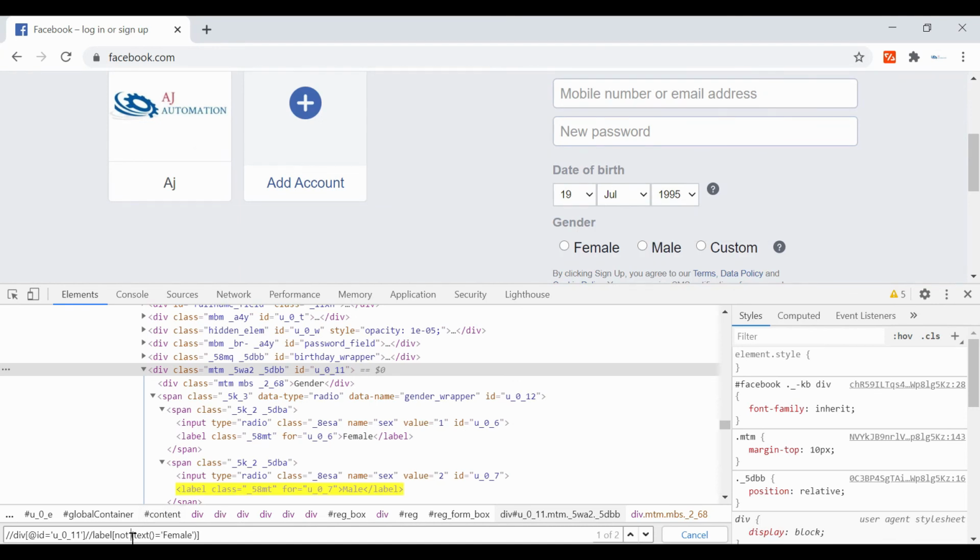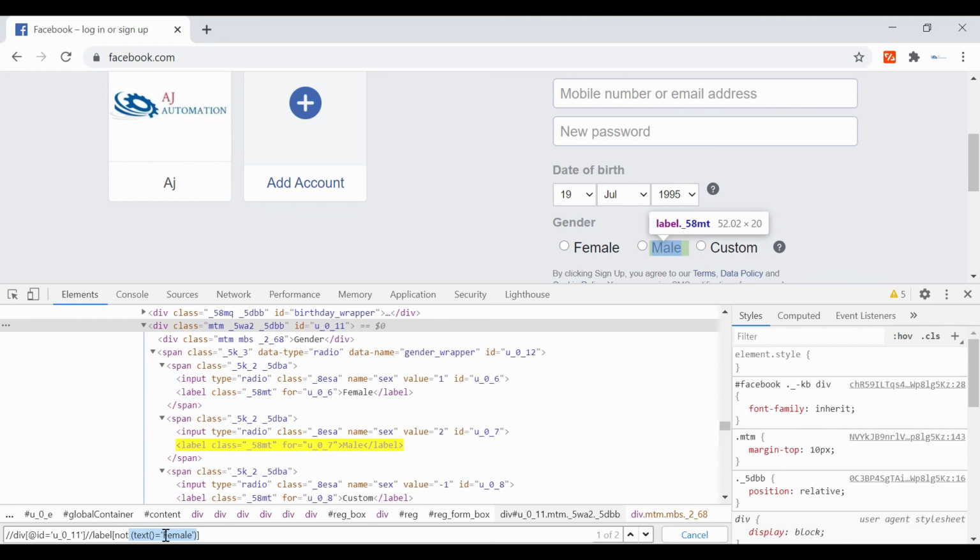This will make this condition opposite, meaning find a node having the label which should not have the text equal to female. So there are two radio buttons, male and custom. This is how you can use not.